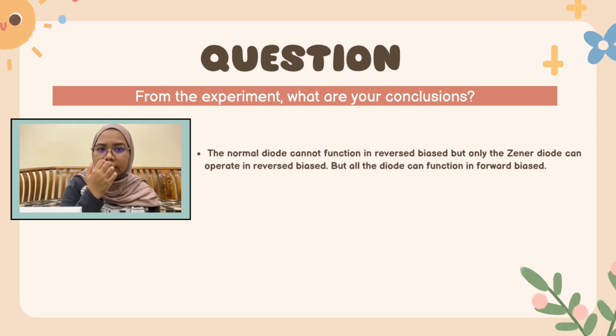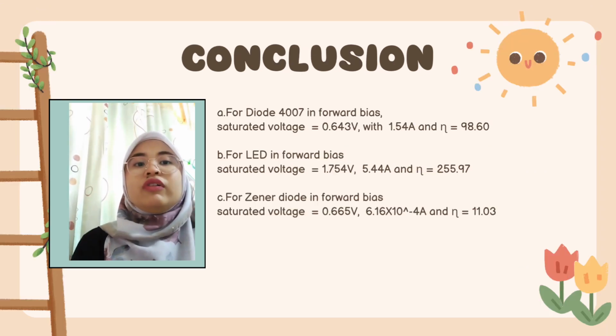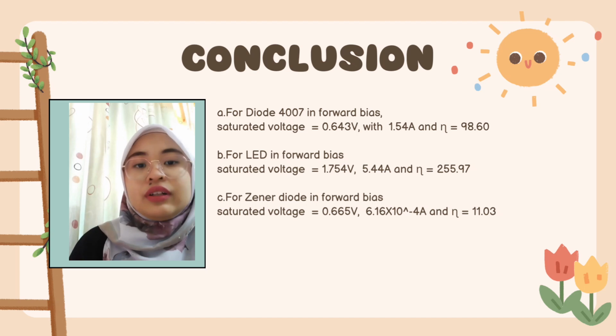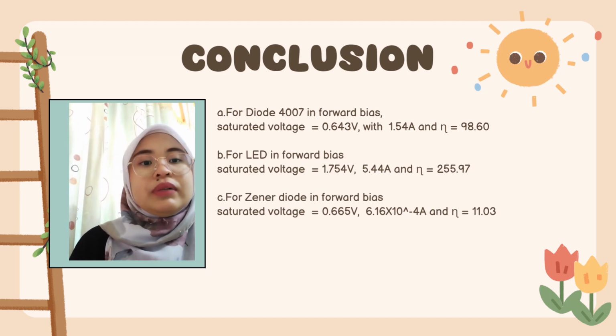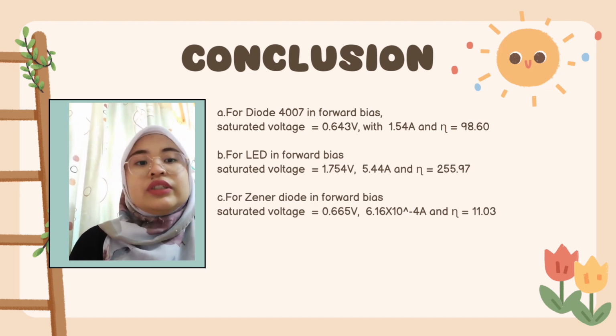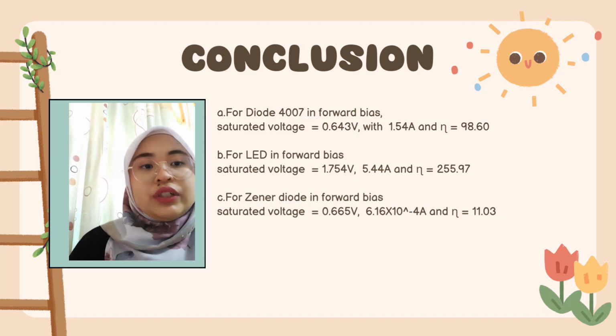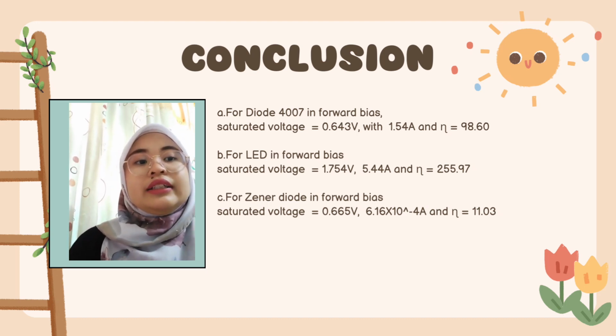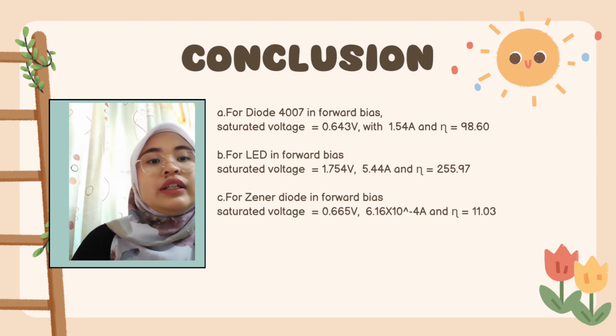What we can conclude is that a normal diode cannot function in reverse bias, but only the Zener diode can operate in reverse bias. But all the diodes can function in forward bias. Okay, the conclusion of this experiment is, for diode 1N4007 in forward bias, the saturated voltage is 0.643 volt with 1.54 A for current, and the ratio of the